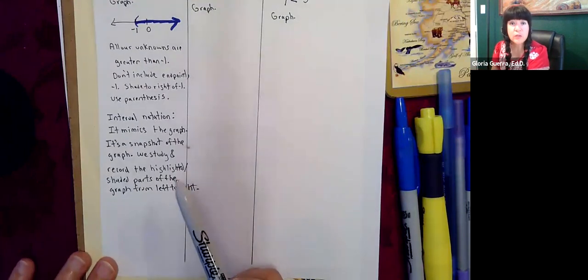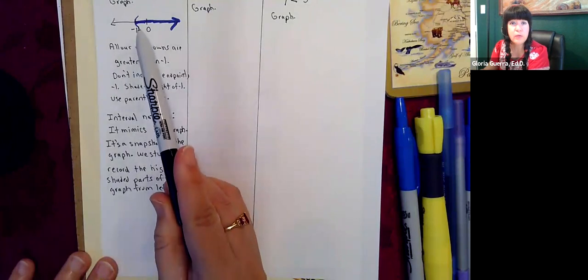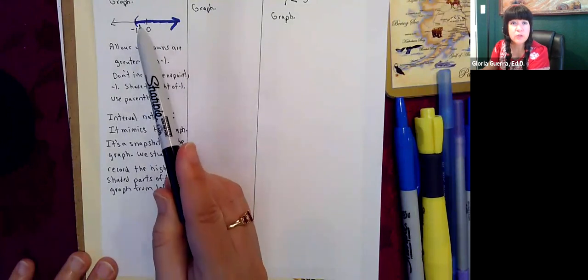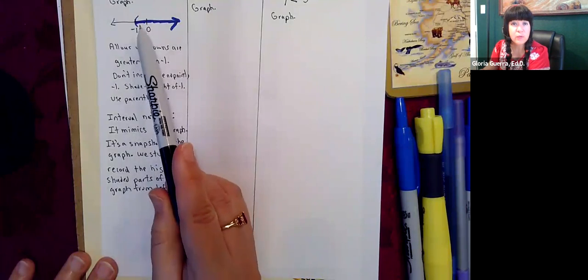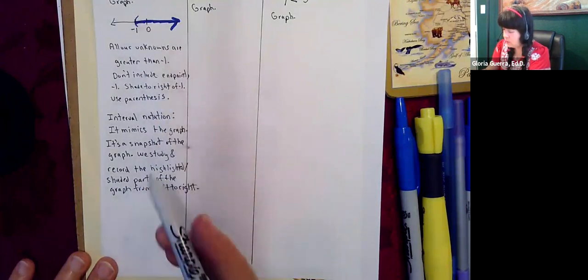So when we study this graph from left to right, the first thing you see is this -1 that's highlighted in parentheses,